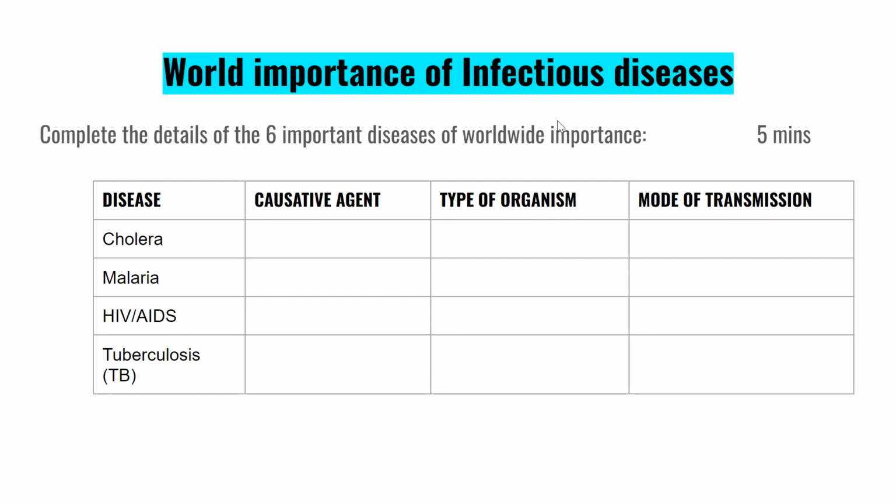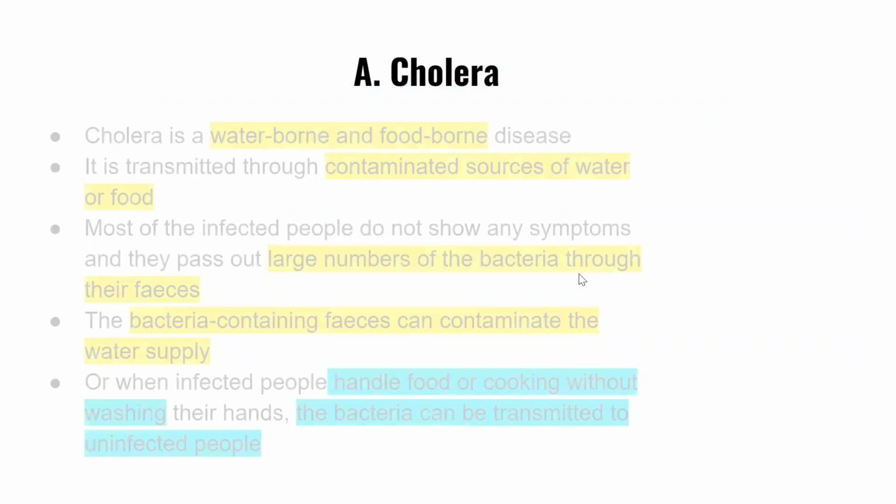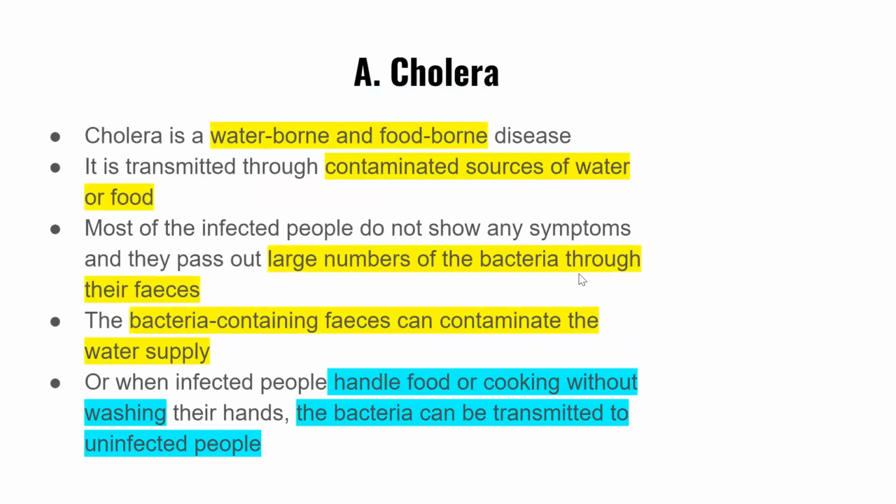Okay, let's quickly dive into the first infectious disease, that is cholera. So here are some features of this disease. I have highlighted important points. That is, cholera is a waterborne and foodborne disease. As you're reading, check if you have any information to fill in the table. Cholera is transmitted through contaminated sources of water or food. Most of the infected people do not show any symptoms and they pass out large number of bacteria through their